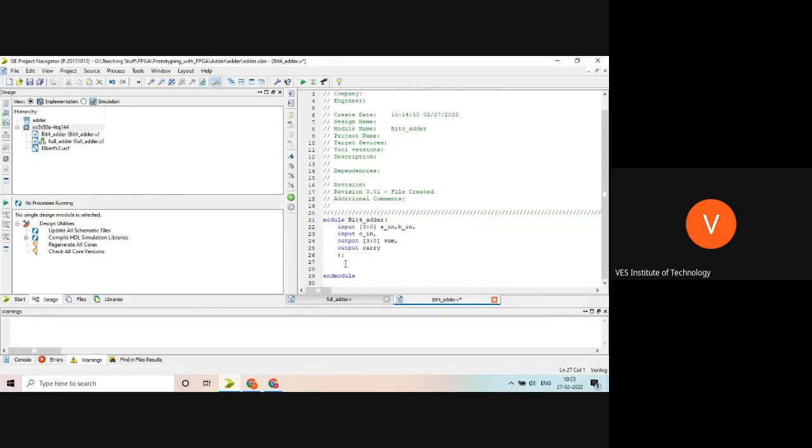So I will create one wire. So how to create a wire? Write like this. Wire C1, C2, C3. That's it. 3 wires we needed. And then instantiation. Instantiation, how to do it? Like, write something like this. Adder